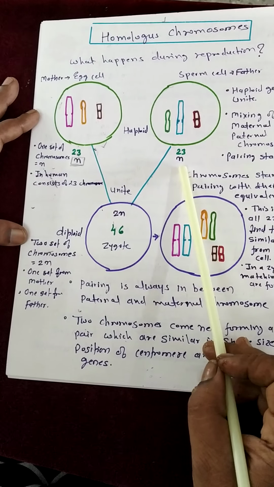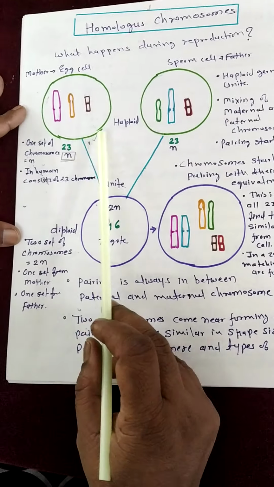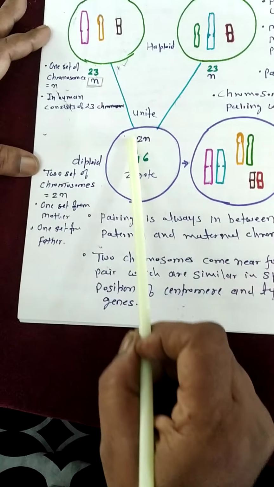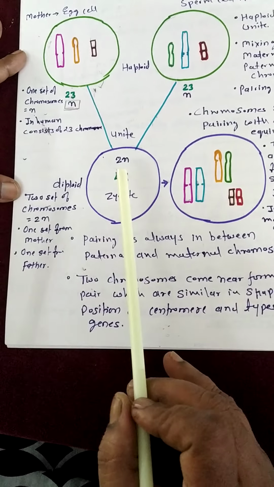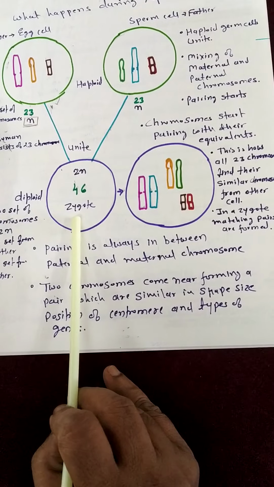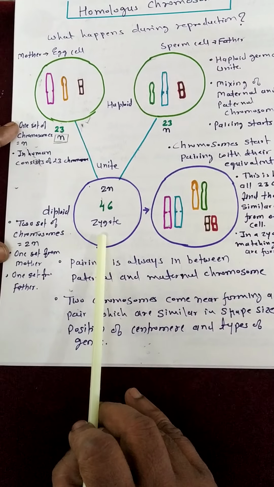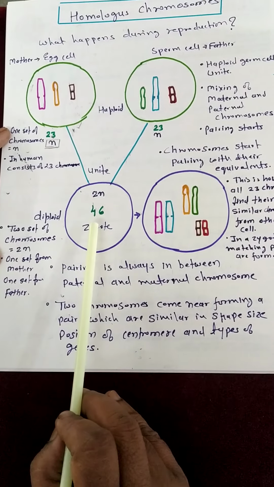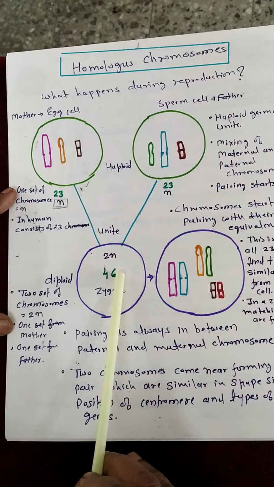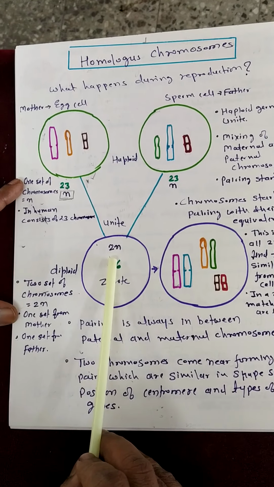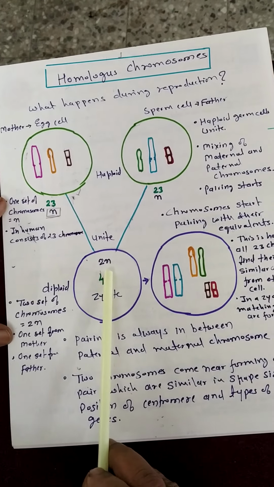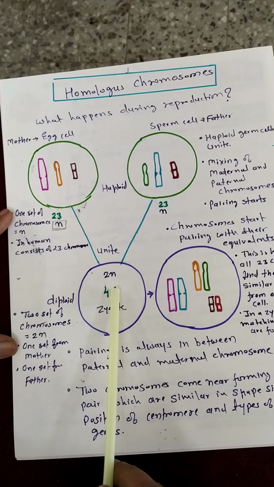Likewise in the sperm cell also there are 23 chromosomes, and these 23 chromosomes mean one set, and that is denoted by n. During reproduction, these two cells unite, and the two sets, one set from mother and one set from father, come in the new cell. That cell is called as the zygote cell, and from this zygote a new individual is produced. So here you can see one set from mother, one set from father, and that's why this cell has 2 sets of chromosomes and therefore is denoted by 2n, and hence this cell is the diploid cell.